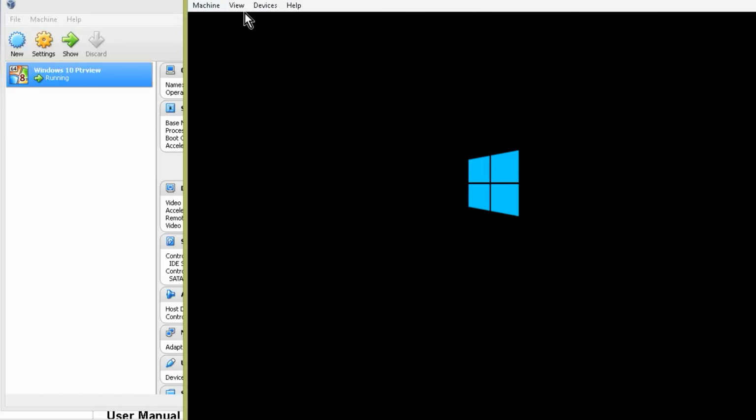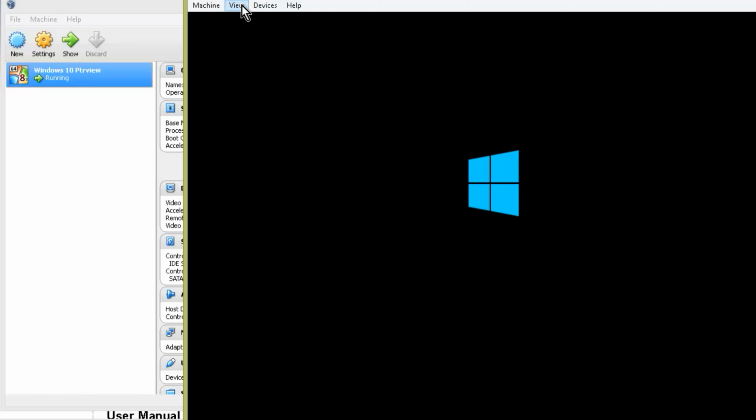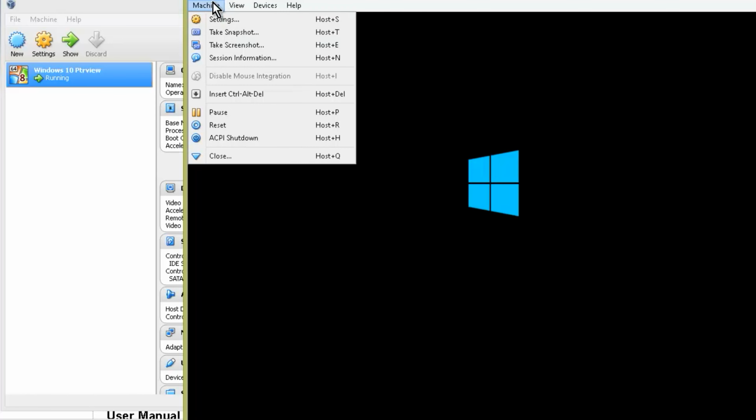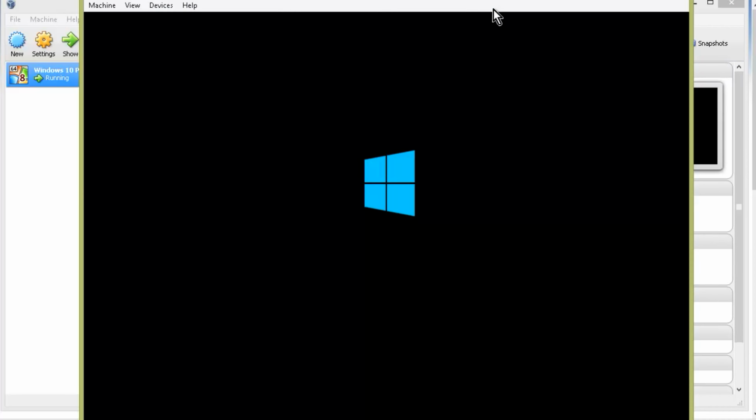You'll see that we have some things here. We have machine, view, devices, and help. View allows you to switch the view to a scaled mode. You don't want full screen as it doesn't work quite right. It makes it full screen, but the size of the display doesn't change. And machine, this is where you can power it off and so on. Okay, so what we're going to do is we're just going to wait for a minute until it comes up